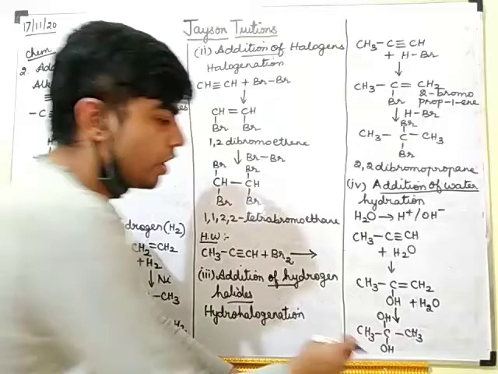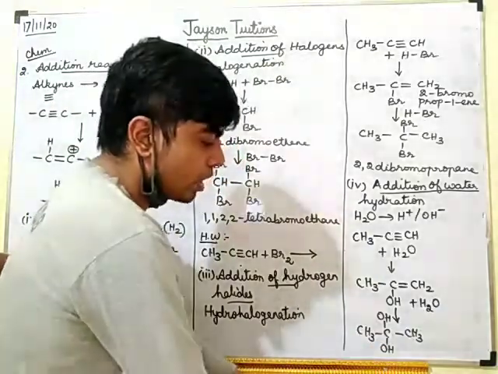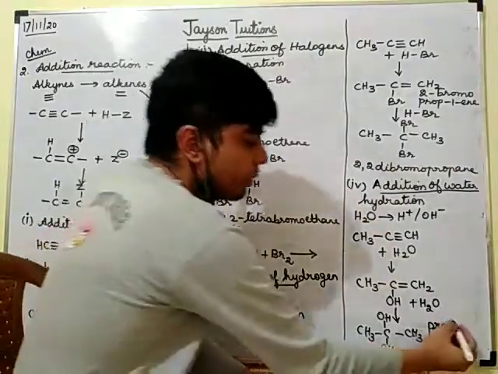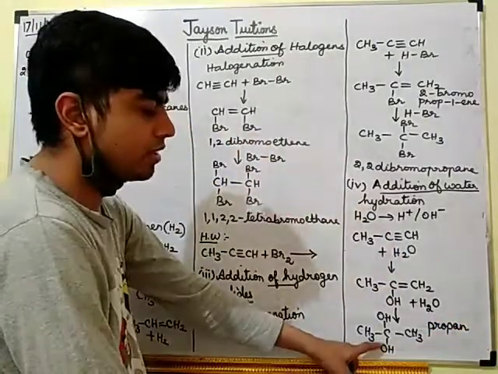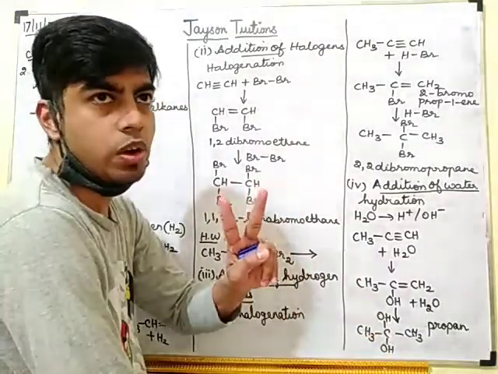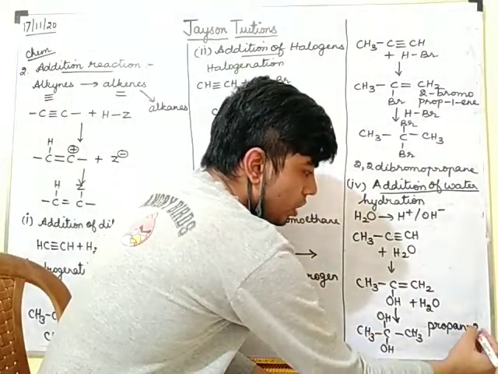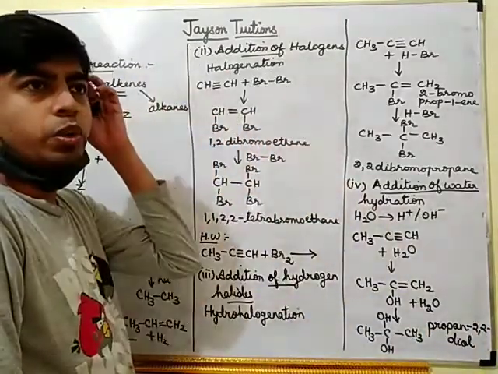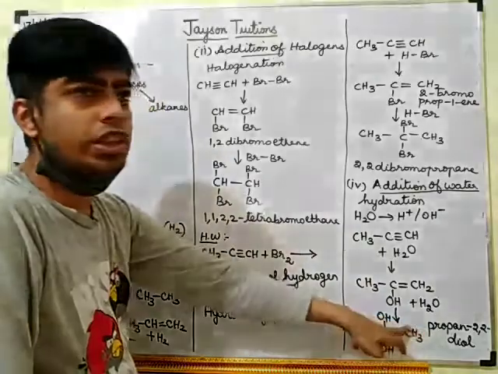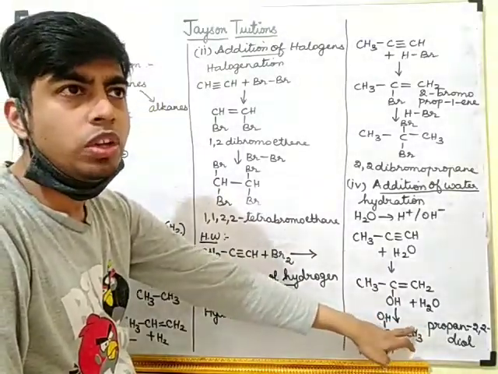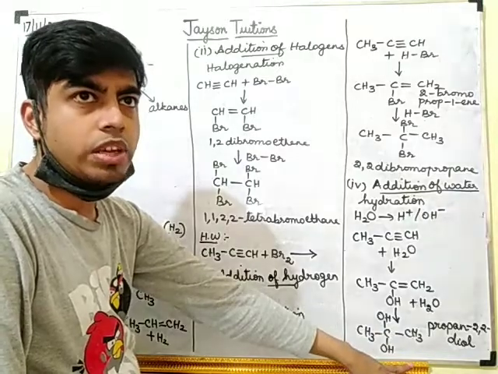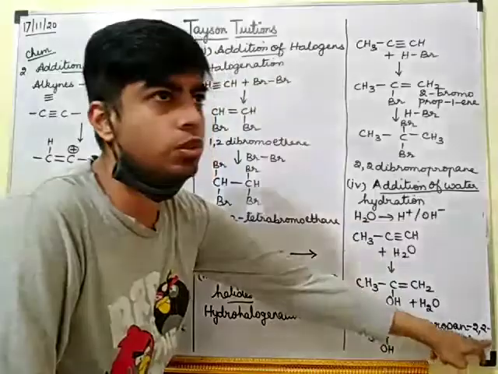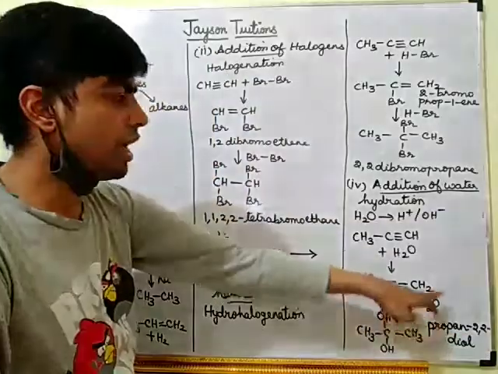Understood? So what is the name of this compound? Prop, okay, so prop single bond, so ane. Okay, in second position you have two alcohol groups. Okay, 2,2-diol. Propane-2,2-diol, or you can write 2,2 in the front and write 2,2-propane diol. Okay, understood? So for one OH, one 2, and for another OH, another 2. Two alcohol groups, so diol.